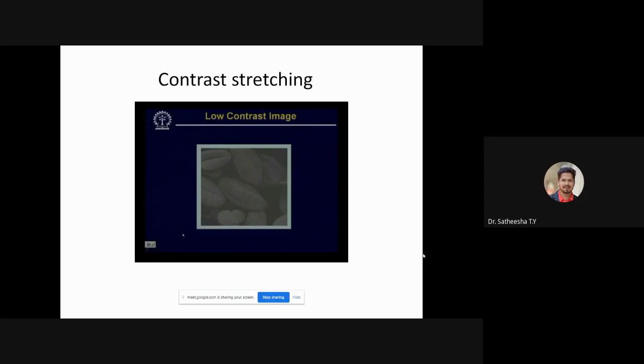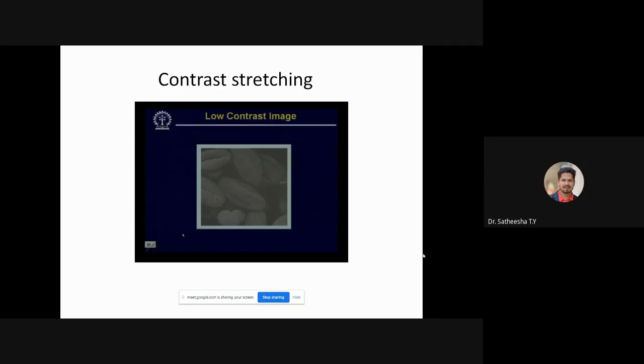One reason is that when you took the image of a certain object or scene, the illumination was very poor. That means the object itself was very dark, so naturally, the image is very dark.